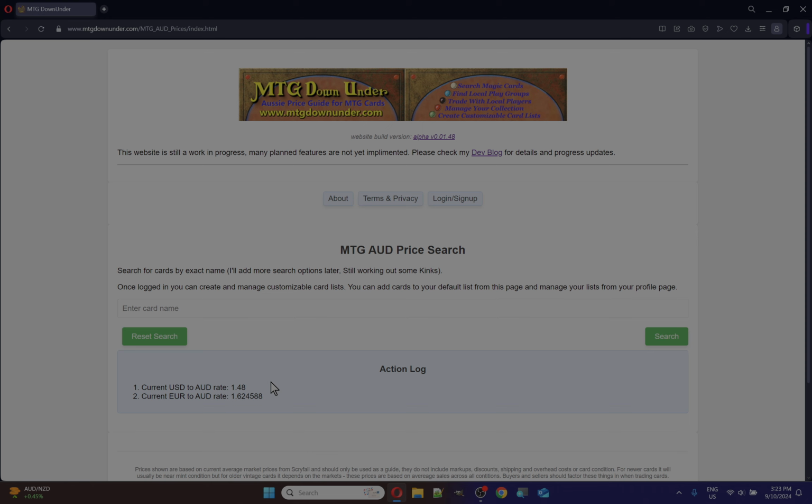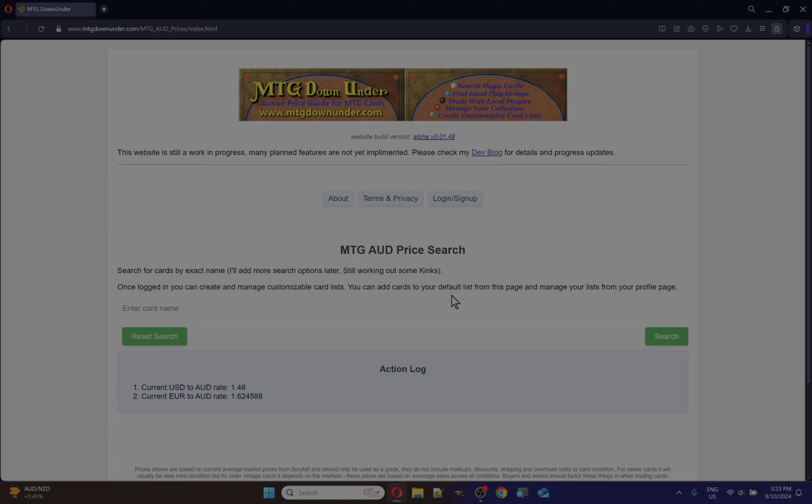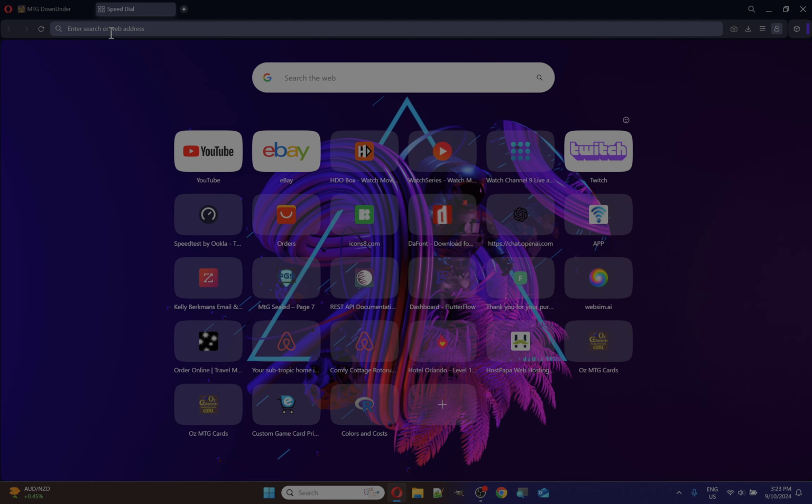But for today, just going to give a bit of a demo of what I've been working on. It's still far from finished, but okay. So it gives a basic card search. You can search for any card. I'm just going to pull up Scryfall here